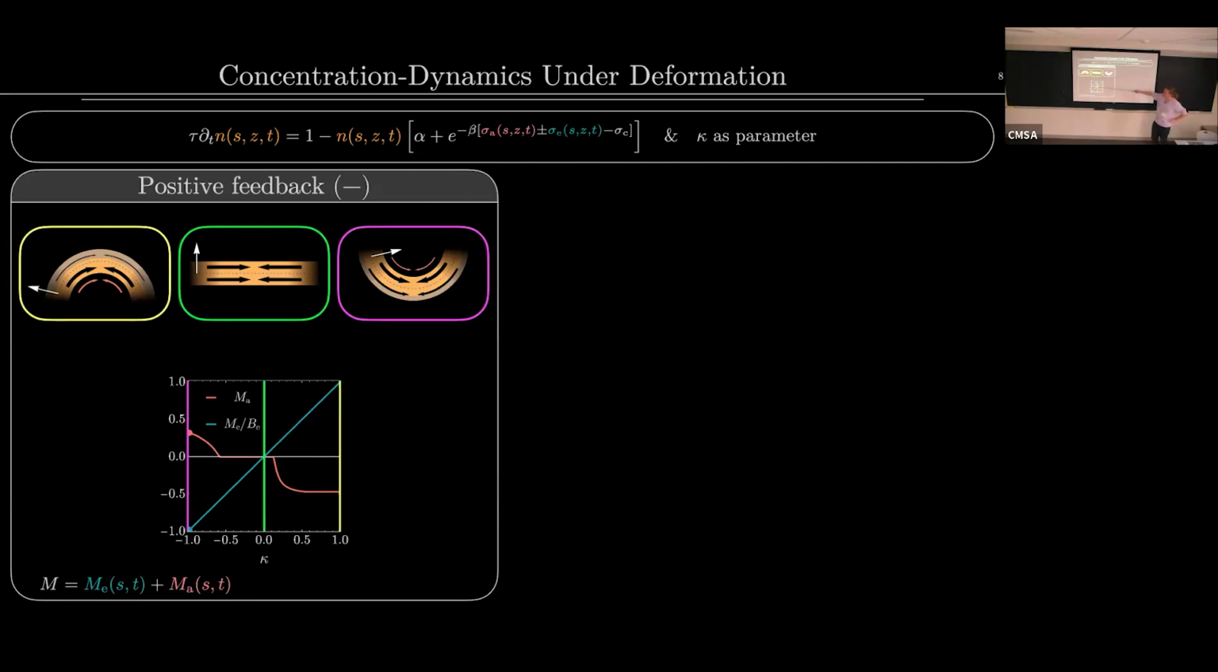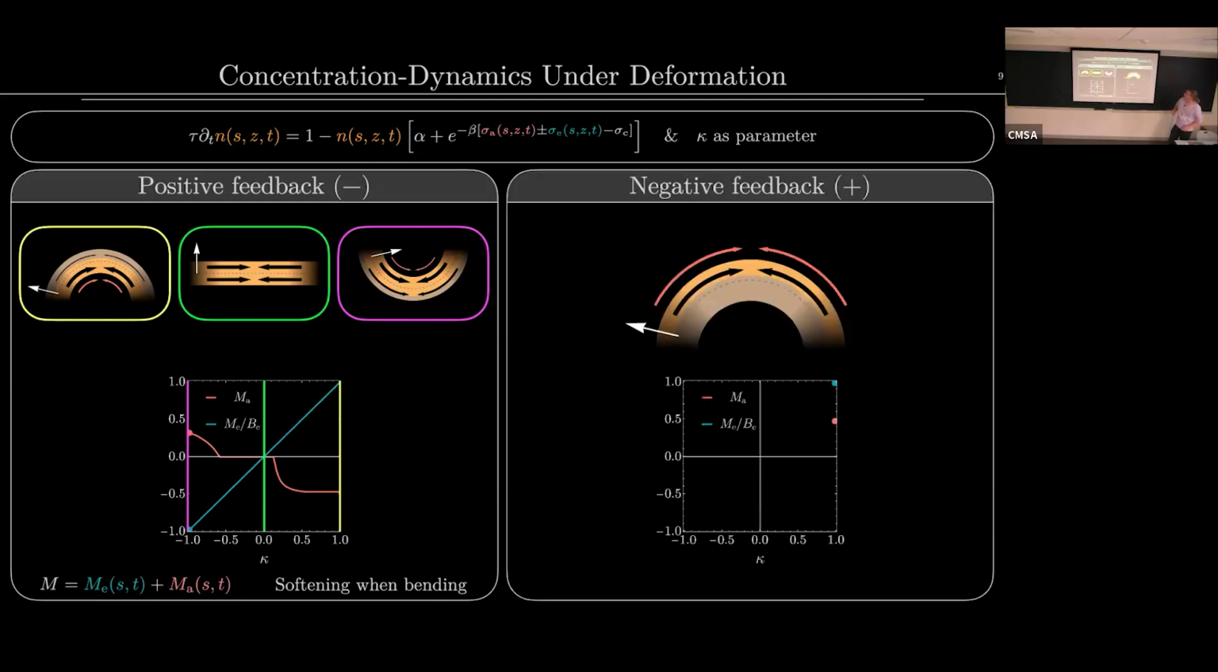And you see the same in the equation. If you add up the active moment and the elastic moment, you get something that's smaller than it would be if you just had the elastic moment. So what that means is that the ring softens due to the activity compared to the passive one. And then for the negative feedback, which is the plus sign here, the positive feedback was the minus sign here. And this would correspond to the catch bond